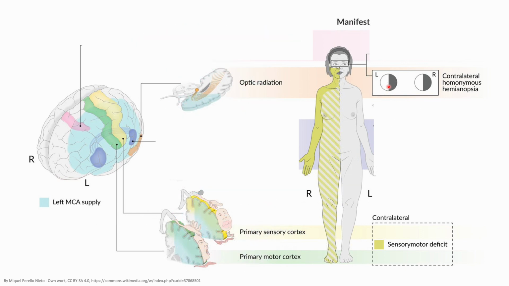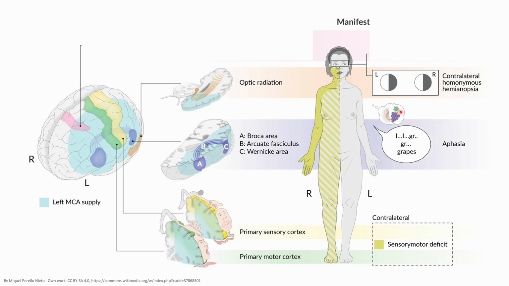What else, guys? Because like I said, the speech areas, Broca's, Wernicke's, and the fasciculus conducting between them, allowing repetition of speech, called the arcuate fasciculus, are all supplied by the MCA. So this person will have aphasia, motor and sensory as well. So you can see here that the person is stuttering. They cannot seem to bring the words